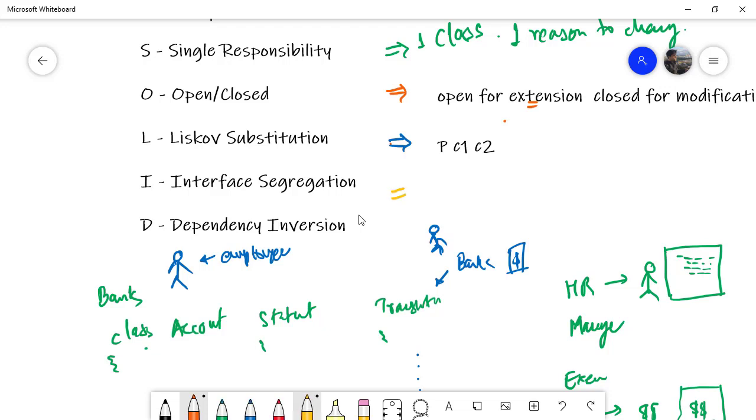The next in line is the interface segregation principle. And for this, I'm going to give you an example of a house. Inside the house, we are getting electricity from these electricity boards, and we are also getting water from these water tankers, right? But then the outlet that we have in our house is a tap, and what we have for electricity is a socket with multiple holes in it, right? The interface segregation principle says that when you are implementing an application, you would want to create separate interfaces for separate functionalities,